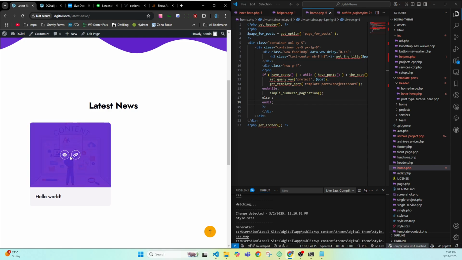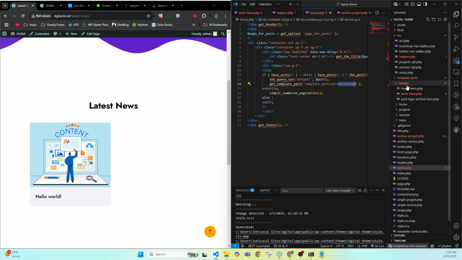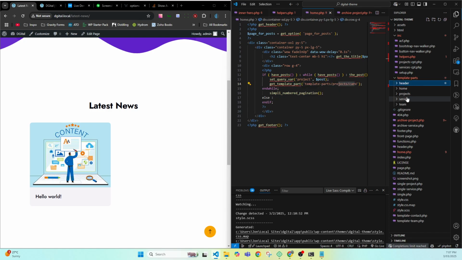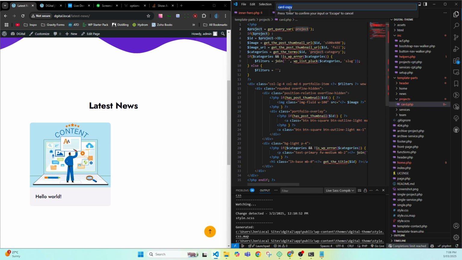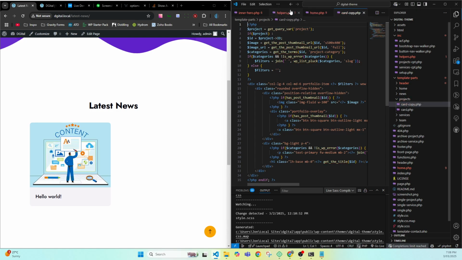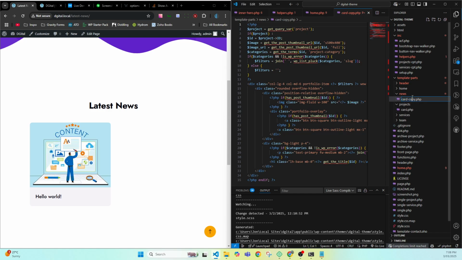we're passing through the content to our card, but we don't want it to be. So we want to go to our template parts. Let's go news, and let's go to our projects and duplicate. I'm going to call that card copy for now, because it won't let us duplicate it because there's already a card in there. Now we can rename it card,